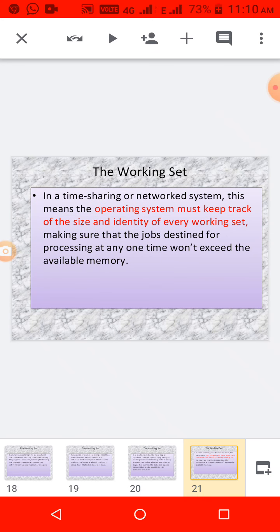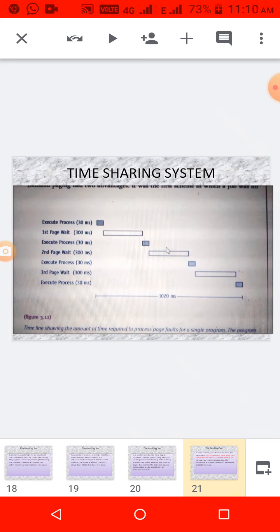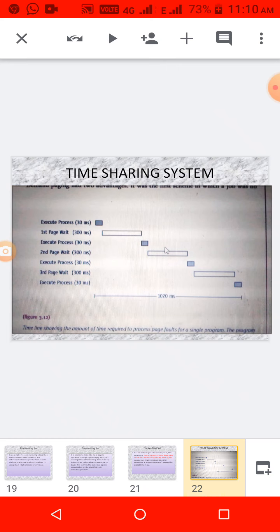And then operating systems must keep track of the size and identity of every working set. So it must know the details of the working sets, their size and everything, in the case of time sharing and networked systems. This is one picture related to a time sharing system.